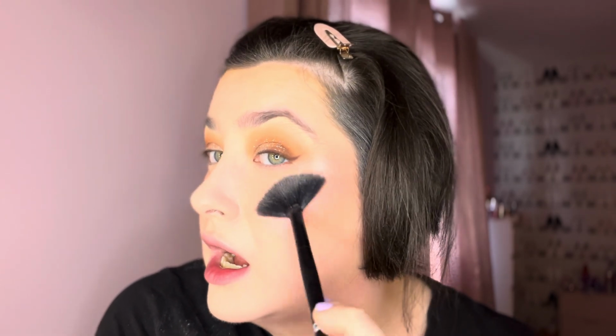I wasn't sure in Space NK. I was like, I don't know, because oh my god, I look so glowy right now. I didn't know what shade, because Cheer was the one I saw online initially, and I was like, yes, that's my shade. But when I actually went into Space NK and swatched it, I was like, oh my god, it doesn't have much base colour to it. When I put it in my hands, it's coming off as if there's literally no colour at all to it. So I was skeptical, but honestly,